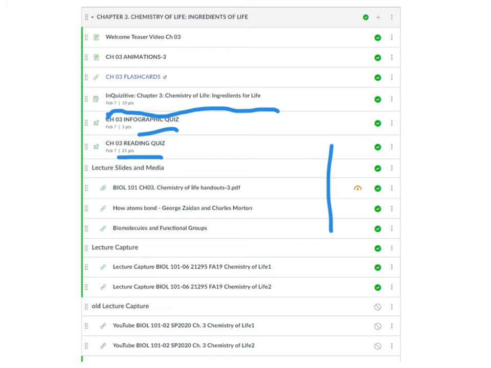There's also other things that are useful. There are animations that I'll tell you to watch, usually 1 or 2 per chapter. And then there might be extra videos that you can watch to help you out, like how atoms bond, biomolecules, and then